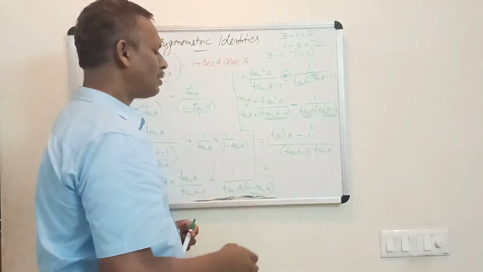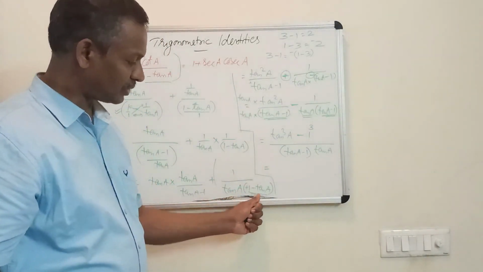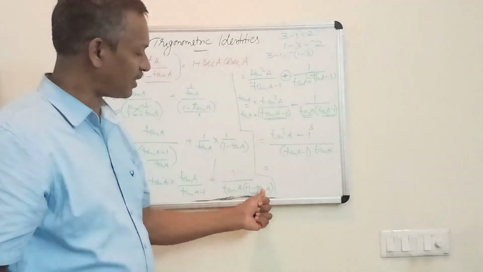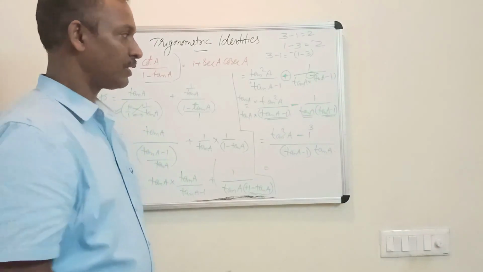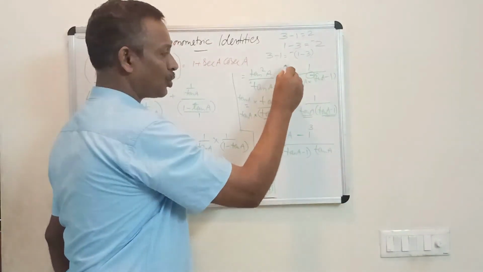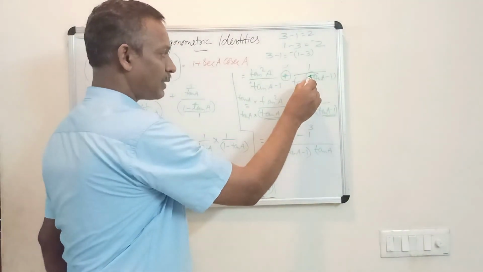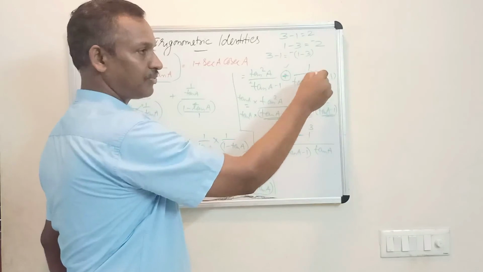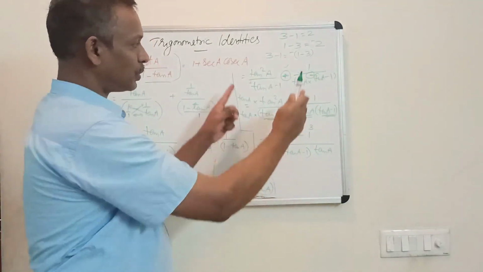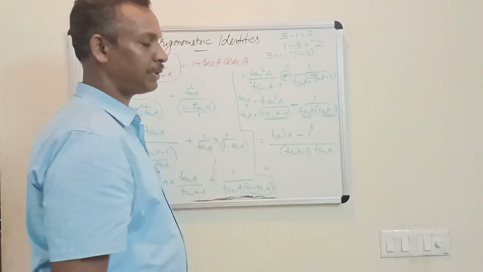Or use the simple common taking method. From plus 1 and minus tan A, minus is taken common. Then plus 1 becomes minus 1 and minus tan A becomes plus tan A. Then these all are multiplied, so this plus is a common sign for every term after that. And this minus is also a common sign for this bracket. These two will join and it gets minus. This portion is the main portion. After that, you have to apply A cube minus B cube.